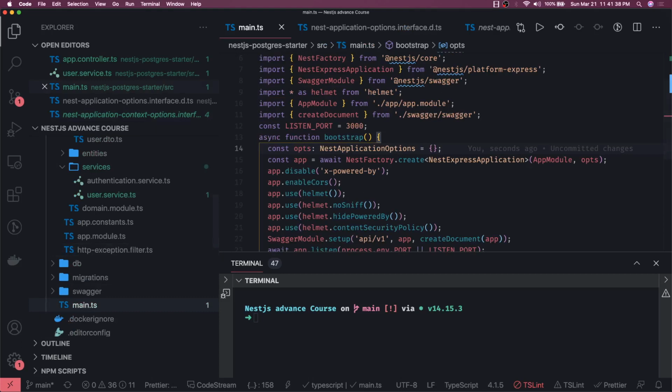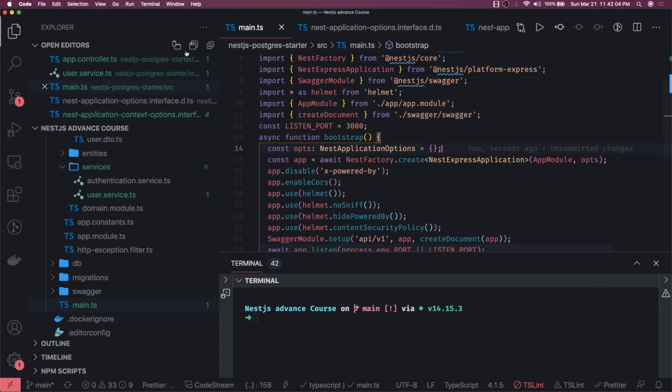Currently I'm passing an empty object, but let's say I have created my own custom logger, implementing Nest.js and Winston, and I have written my own class for this. Then you can extend it like this. Otherwise you leave it empty and use the default logging.